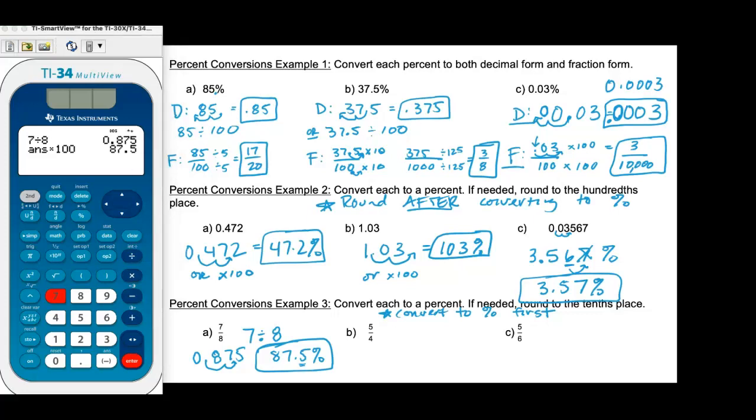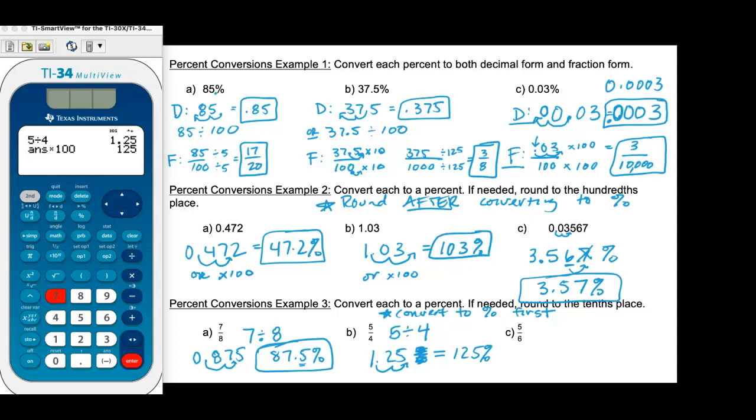Okay, so next one, 5/4, just like the last one, we're going to take the numerator and divide by the denominator. So I'm going to do 5 divided by 4 equals, and I get 1.25, and that's the percentage. But I'm asked to round to the tenth place. Oh, you know what? I just skipped a step. Not good. It's not the percentage. You're going to do 5 divided by 4, and then you have to move your decimal 2 spots to the right, or, like I was saying in the last example, you multiply by 100, and you get